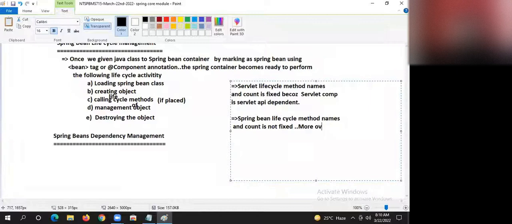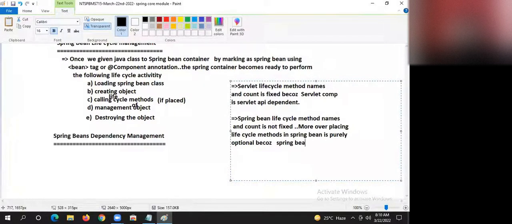Moreover, placing methods in lifecycle methods in a Spring Bean is purely optional.